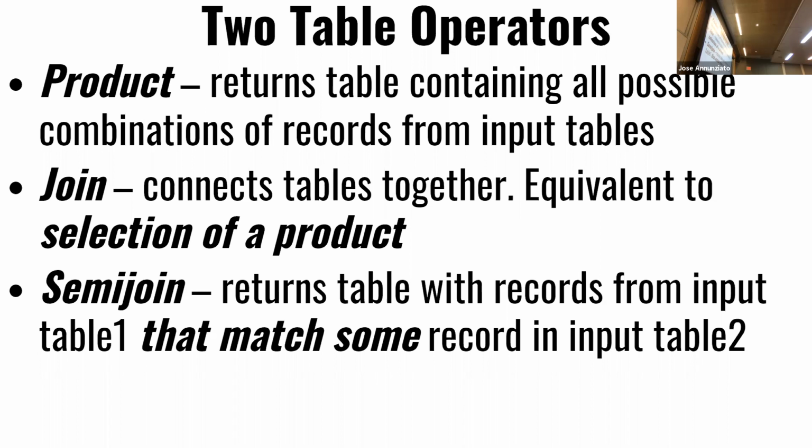One data set might be A, B, C and the other one might be 1, 2, 3. If you do the cross product, you end up with A1, A2, A3, B1, B2, B3, and then C1, C2, C3. Meaning you are considering all possible combinations of all the data points in one set with all the other data points in another set. And it's called a product, and so this operation represents the nature of